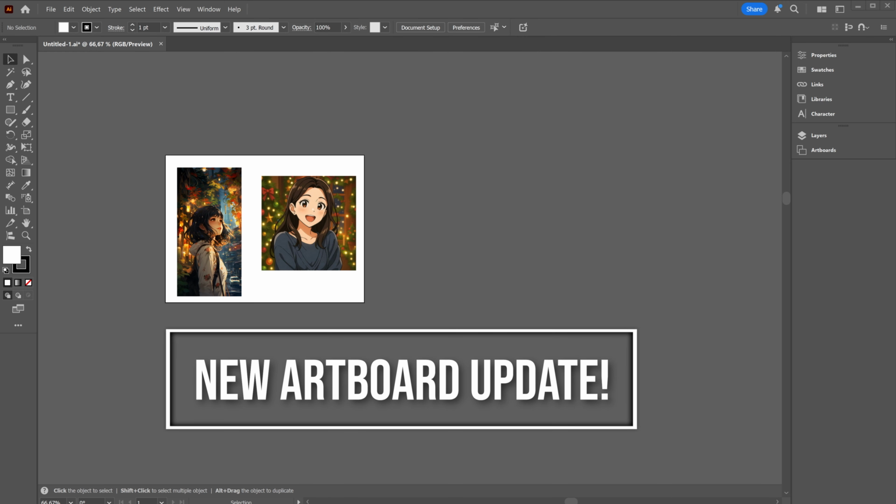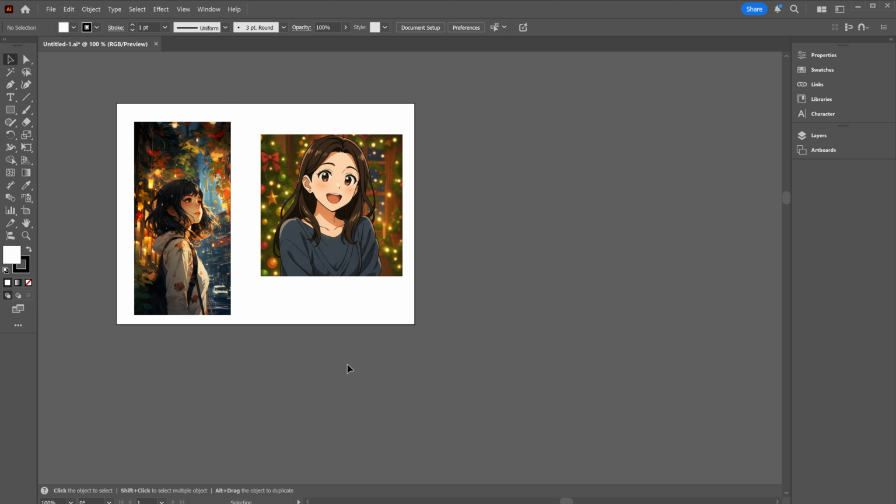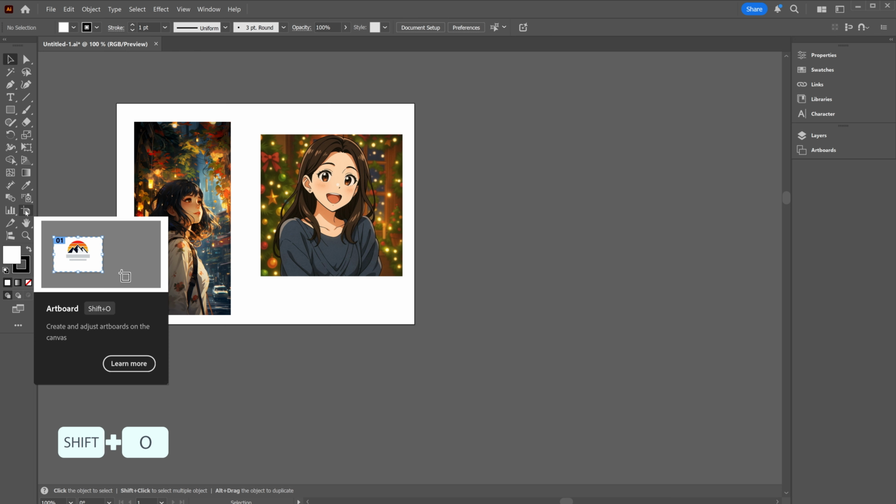In this tutorial, we're going to take a look at the new update Adobe Illustrator released for artboards, which makes it a whole lot easier to work with them. You can quickly duplicate artboards, so to do that, use the Artboard tool, which is here, or press Shift O on your keyboard,